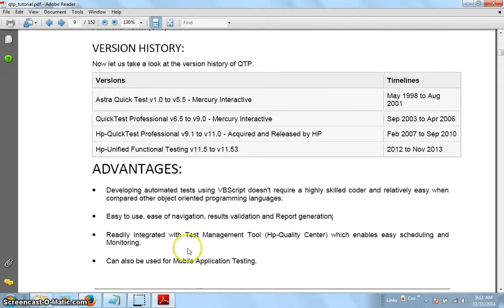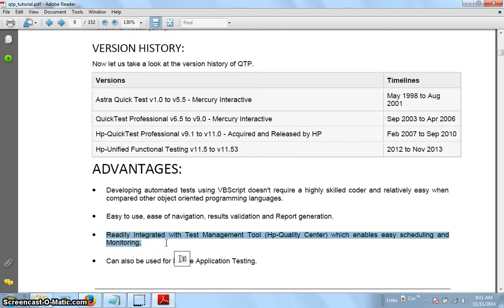Next, it is readily integrated with the test management tool Quality Center, which enables scheduling and monitoring. Very important, because in a project we log and track defects, and schedule and monitor our projects.